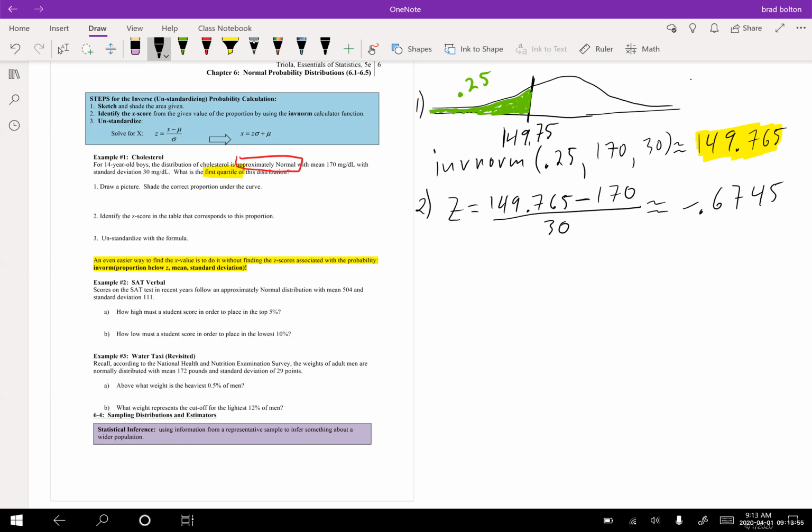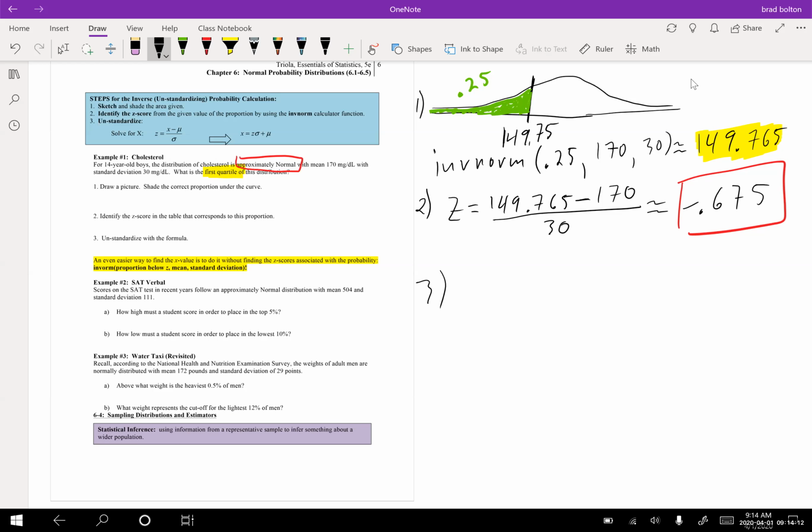Let's do negative 0.675. Okay, so that is my z-score. So that is the actual answer to problem 2. Okay, now problem 3 says